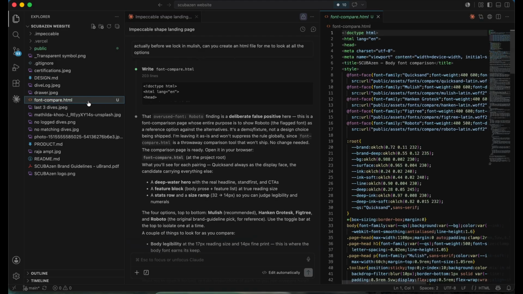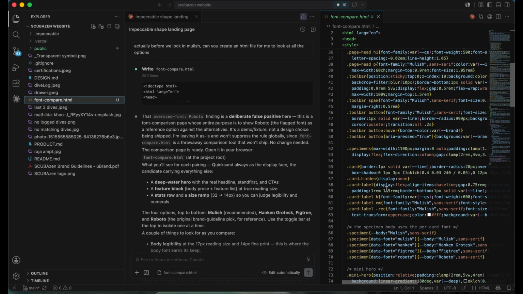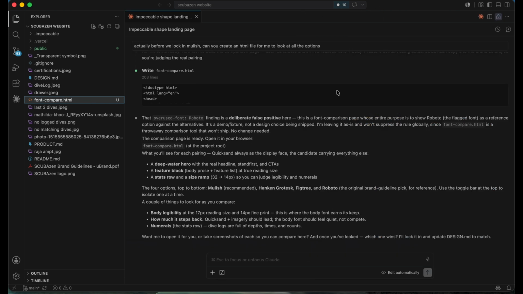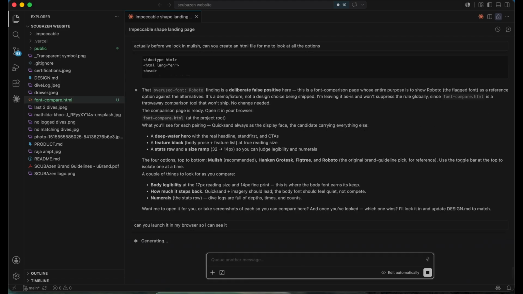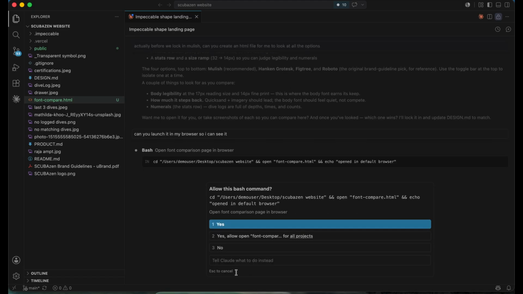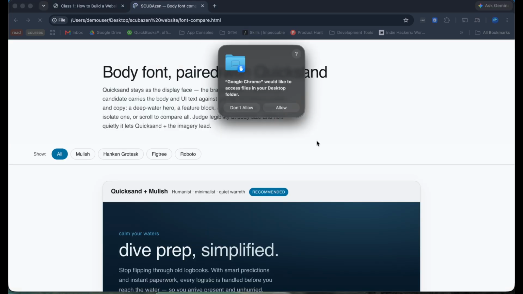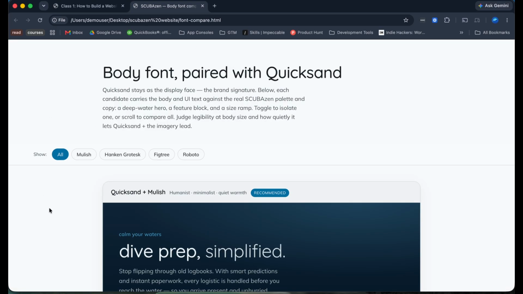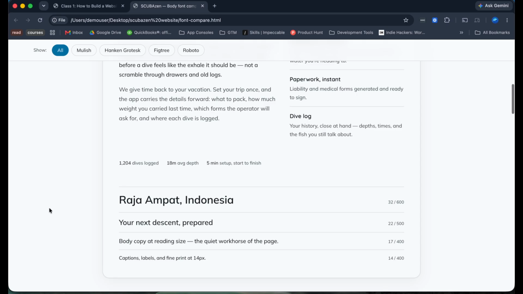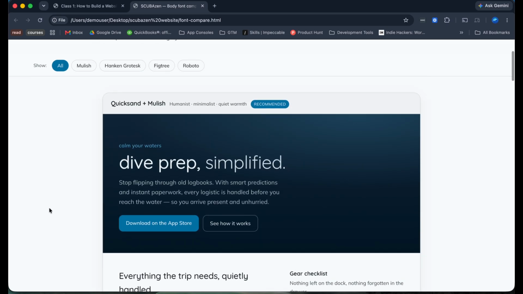But the thing is, it built it and it's here, but this doesn't tell me anything. So what I'm going to do is say, can you launch it in my browser so I can see it? And so what it'll do is open it up in Chrome so I can actually take a look and pick one. So these are all of the options.